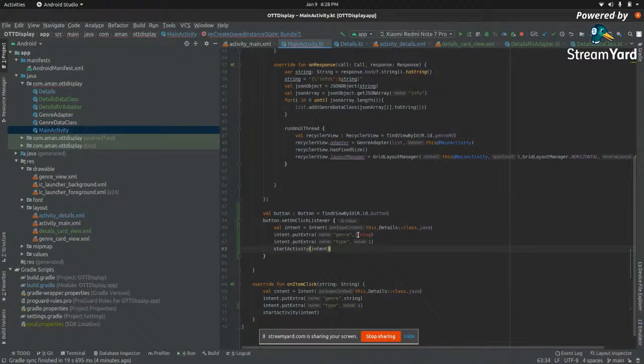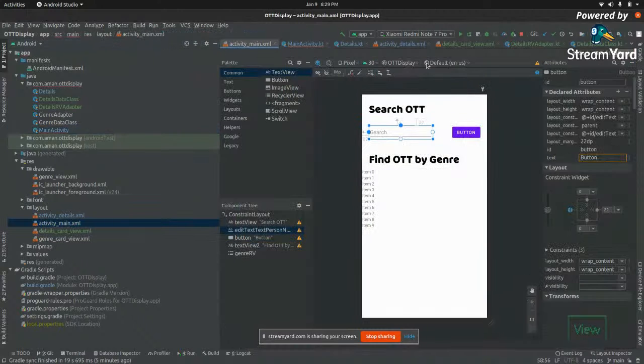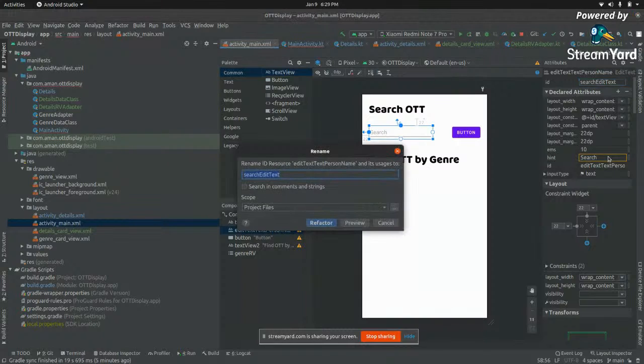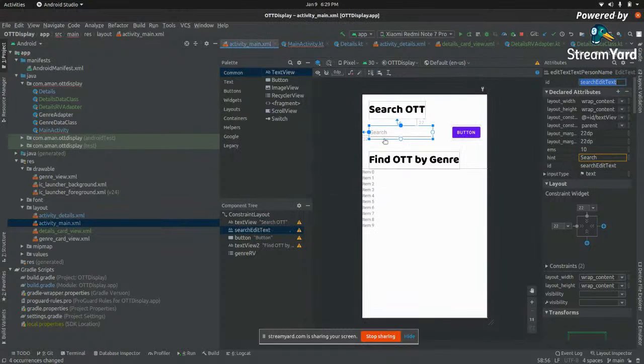But the difference is that we don't have this string because we are not passing the genre, right? We can just keep this name for simplicity, but we want to have a string. So what will that string be? It will be whatever is in this edit text thing, right? You can just name this thing search edit text, right? Enter, refactor this thing, and now we want to access the string